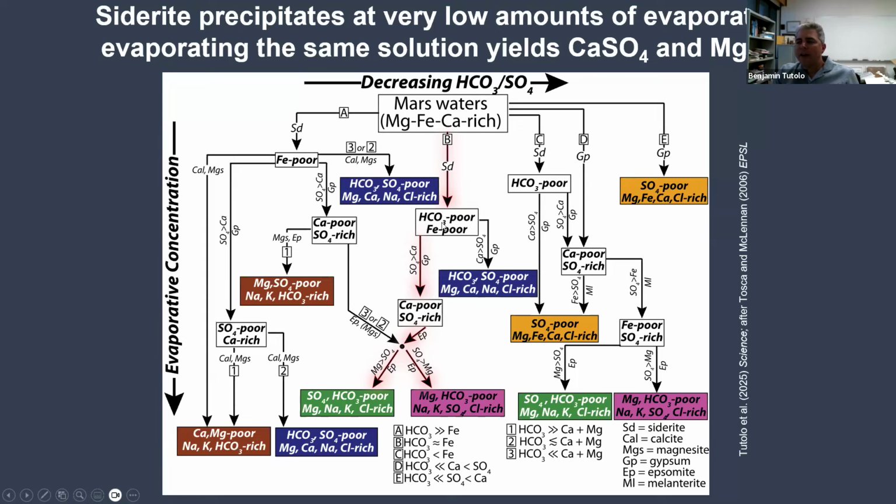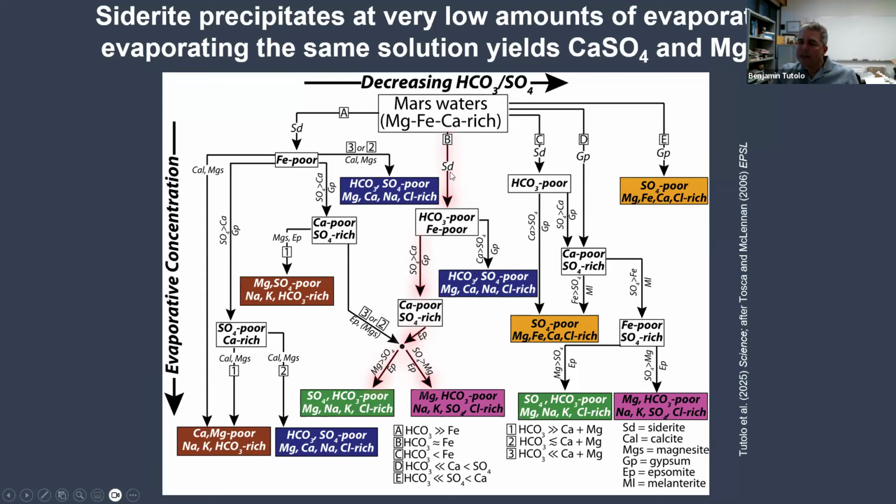If we look further down the page at other minerals that form along the pathways, we end up with other minerals. For example, in these cases, MgS is magnesite, and in some cases we see minerals such as melanterite, Ml. Those would suggest the presence of iron-rich fluids long after siderite precipitation, something that we do not observe at Gale. So what we interpret is that the pathway that is most parsimonious with the data as observed is this: